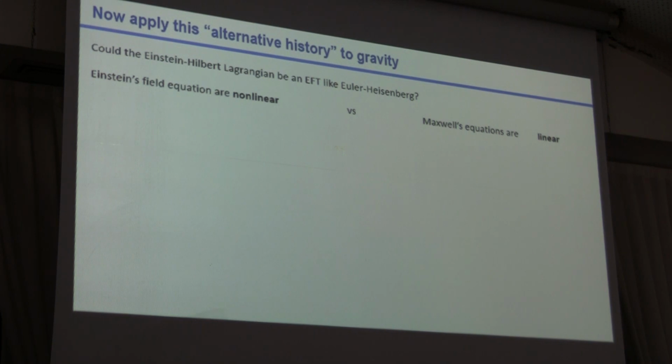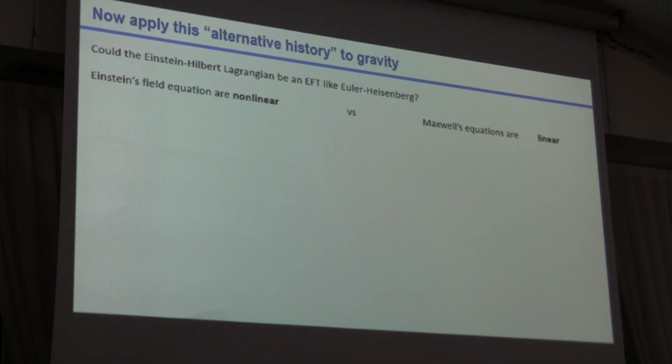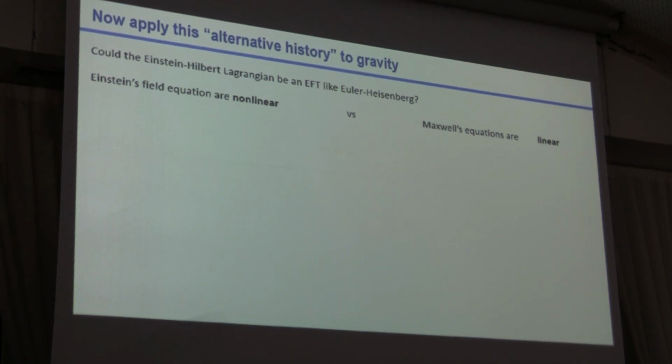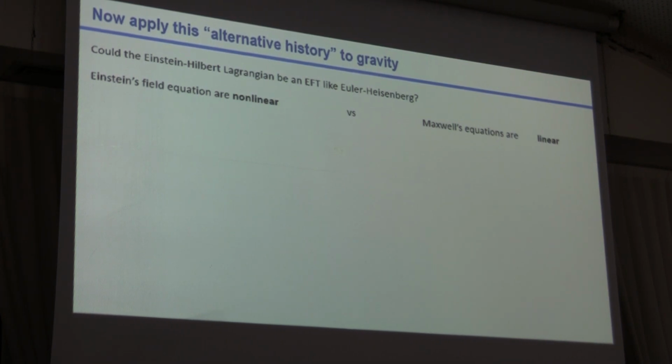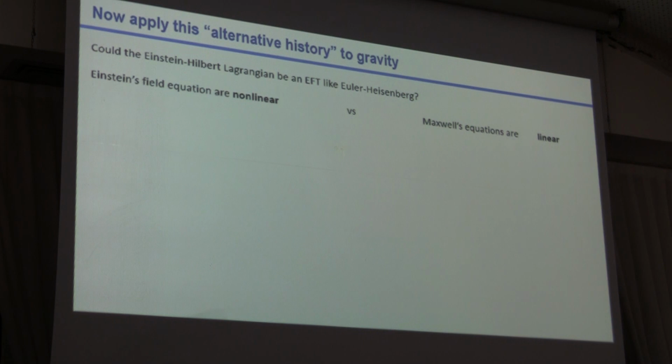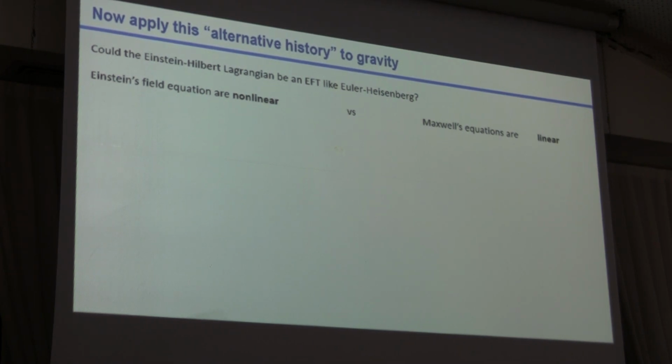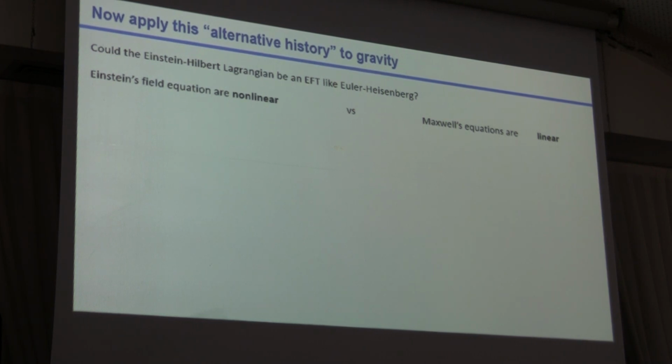And the immediate answer that people sometimes give is no, but that's a wrong answer, because people say, well, Einstein's field equations are very nonlinear. There are interactions between gravity and field. There is a very strong nonlinearity in those equations, while Maxwell's equations are actually linear, and that's a big difference. But this comparison is incorrect, because if you think about high enough intensity lasers, you actually get that the equations for free space electromagnetic fields are nonlinear as well.